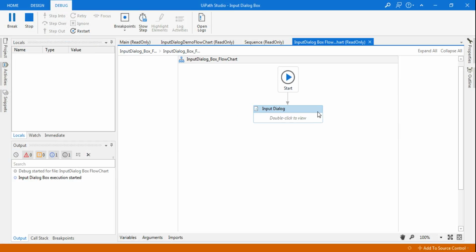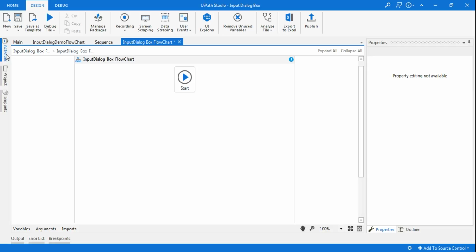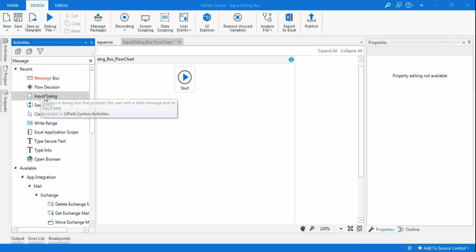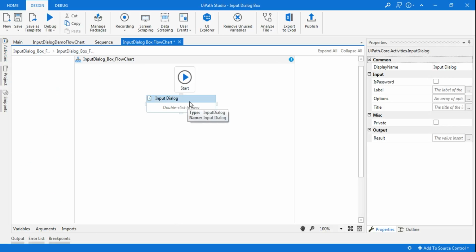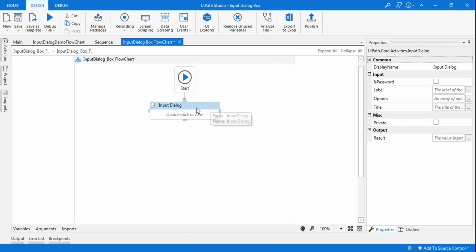Alright, so let's do this. I'm going to create an input dialog box. Let me delete this one. Okay. So what I will do is I will drag and drop the input dialog box. Now, how do you design? You understood from the previous video how to utilize the input dialog box, but this time I would need a